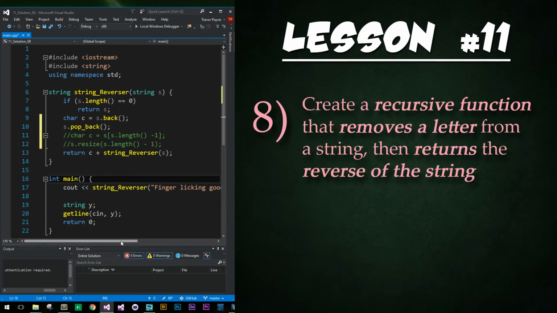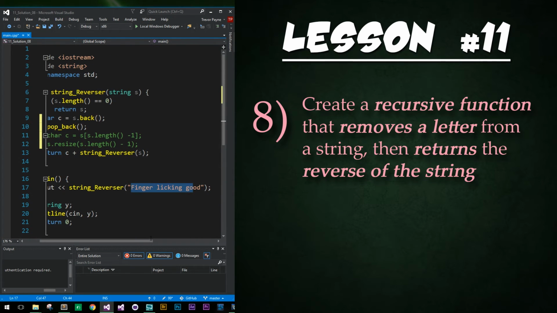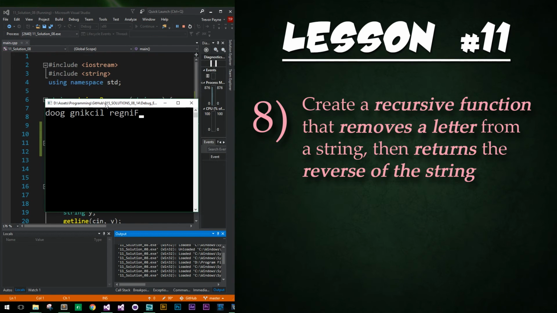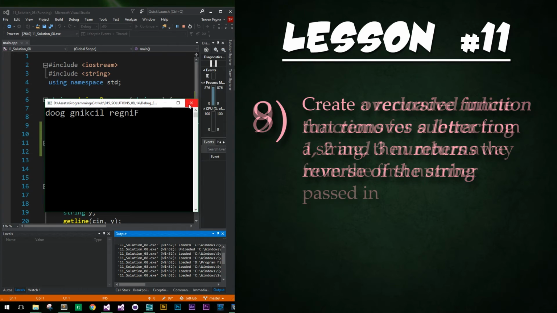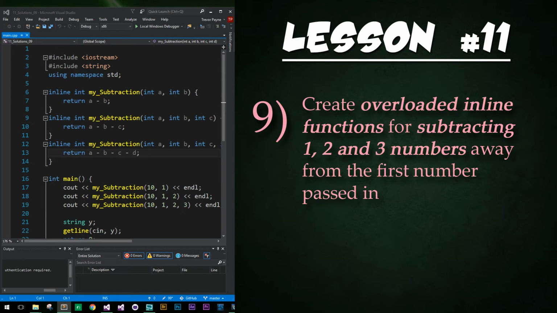And if we go ahead and test it out, we have a string called finger licking good. Go ahead and run it, and we have our string being returned back in reverse order. Finger licking good. Cool. And now for the last exercise, exercise number 9, create an overloaded inline function for subtracting